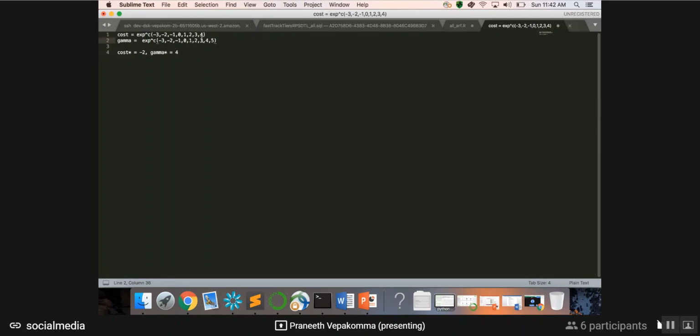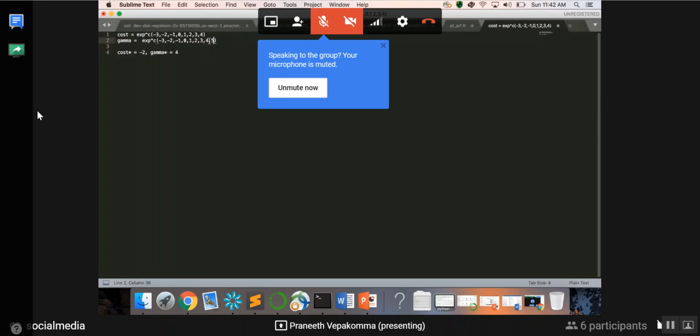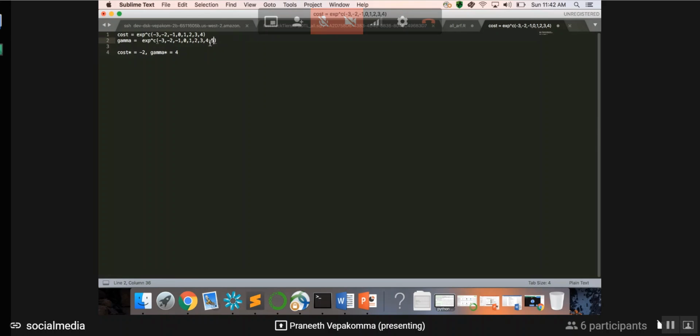So depending on, again, if from 3 to 4 the reduction is very, very little, so it reduced from 100 to 99.9, then you can assume maybe at 5 also it will reduce to 99.8, it won't reduce more. But then you will say, since it is reducing with every increase of 1 by only 0.1, instead of searching 5, I will put maybe 10 in here. Maybe it will reduce a lot more, or maybe somewhere in the middle. So that will tell you how big an increment or decrement of optimal cost and gamma in your first pass you should be searching with respect to your second pass.